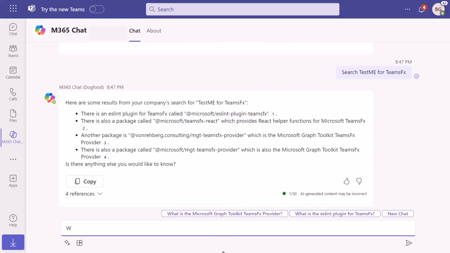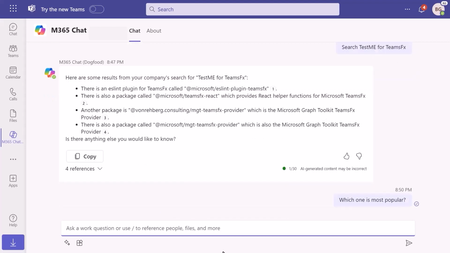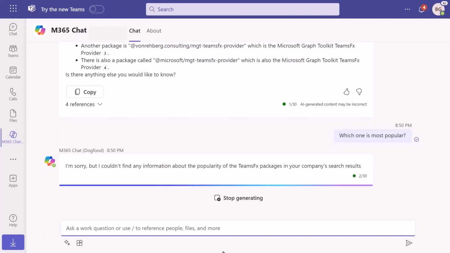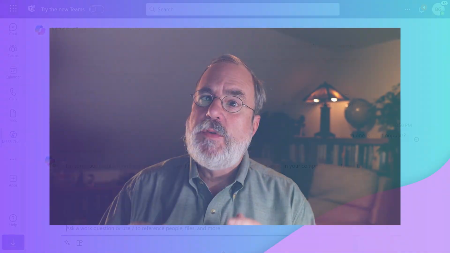For instance, suppose I want to know which one is the most popular. Well, it has no idea. Why? Because the message extension only has one parameter, name, and no way to look up that other information. So as you can see, it's really important to provide parameters that will allow Copilot to answer the types of prompts that people will use. As with any application anywhere in computers, you kind of have to start by thinking about what the user needs and what kinds of prompts a user is likely to ask,